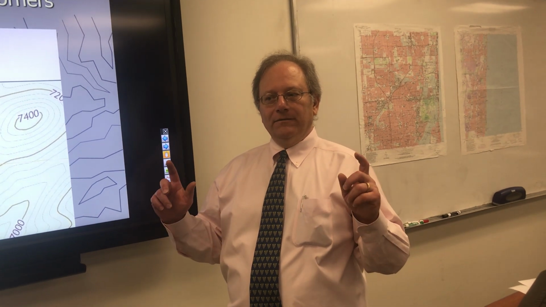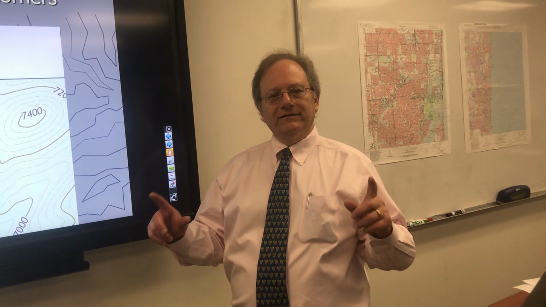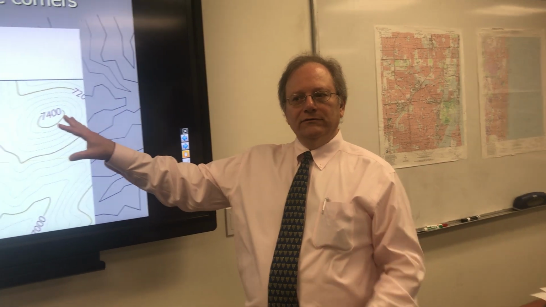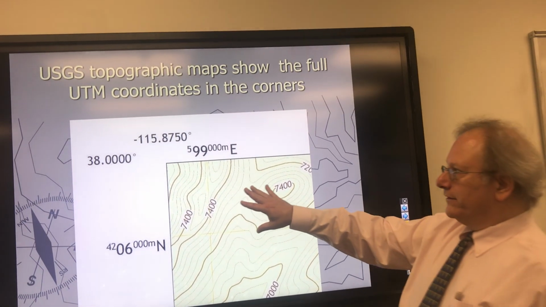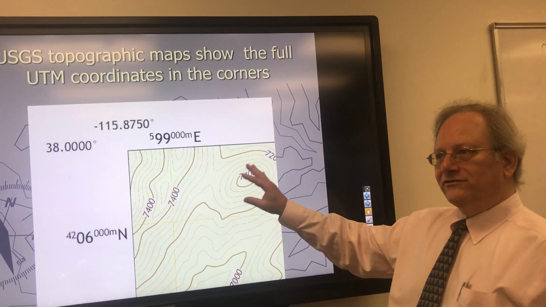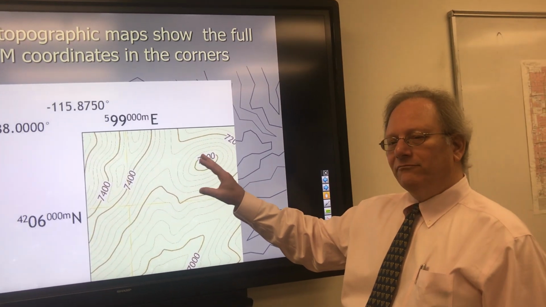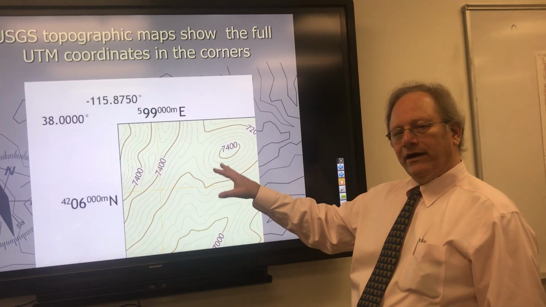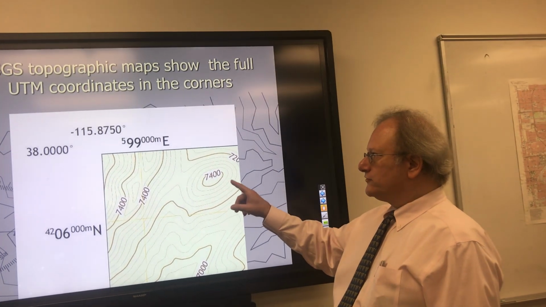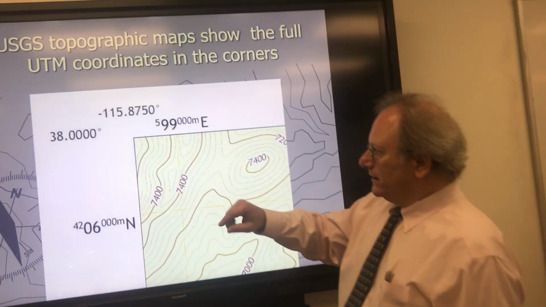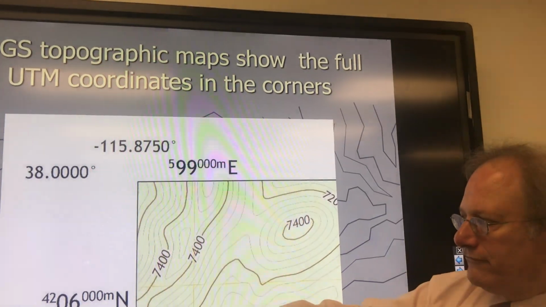Okay, so we've already looked at the United States Geological Survey topographic maps, not as part of this presentation, but part of a previous one on maps. So you should sort of recognize what this is. This is the upper left corner of a typical USGS 7.5 minute or 1 to 24,000 topographic map, okay? And what I want to show you, more than anything, is up here in the upper left corner, typically